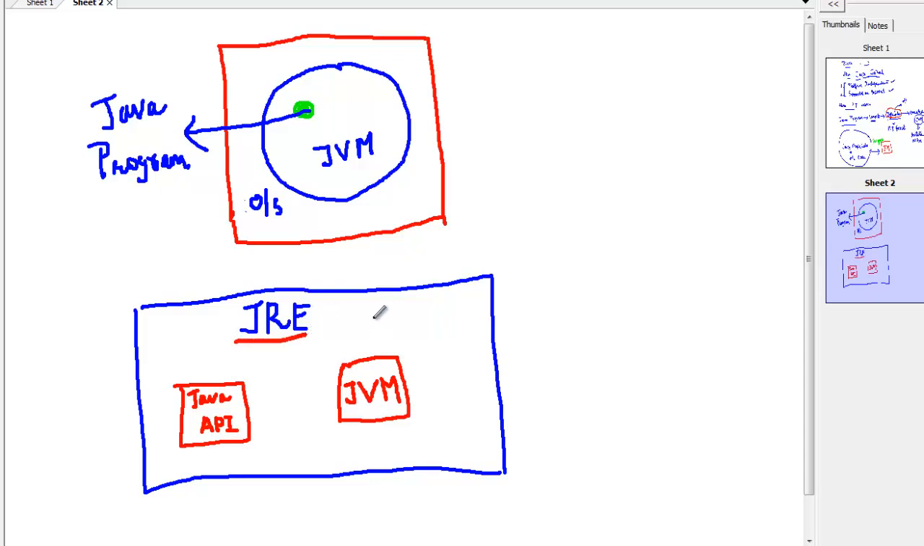Now the JRE, which is the Java runtime environment, has all the Java API, all the classes, as well as the JVM that executes the bytecodes by loading the API and executing the bytecode. This JVM, it